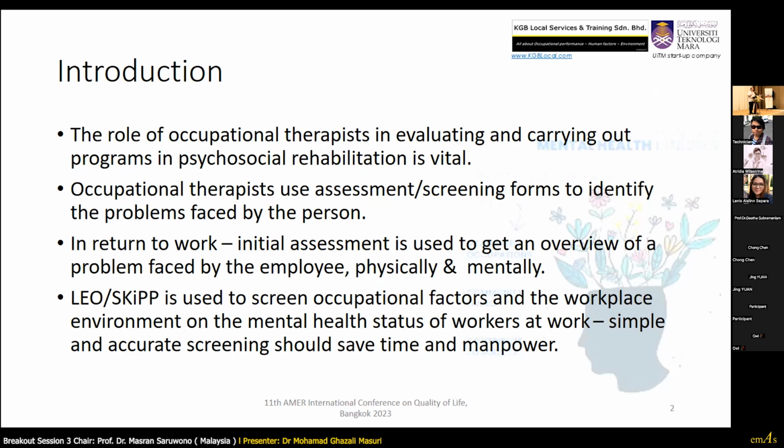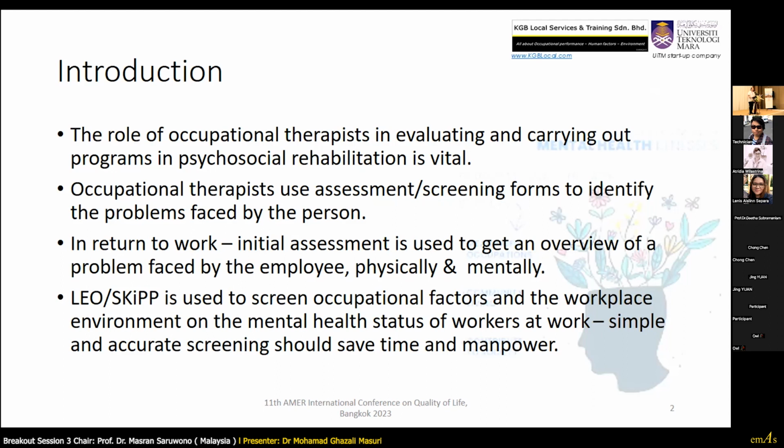As an occupational therapist, we use a lot of assessment and screening tools, usually on a one-to-one basis. Assessment tools are very important for the early detection process. We also get involved in return to work, which is one of the areas of specialty in our profession. So we deal with people who are having issues or problems in their work environment.